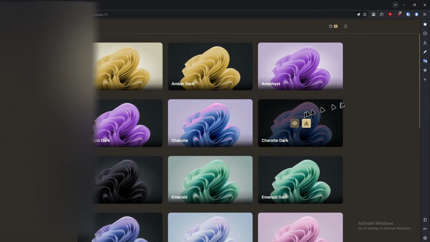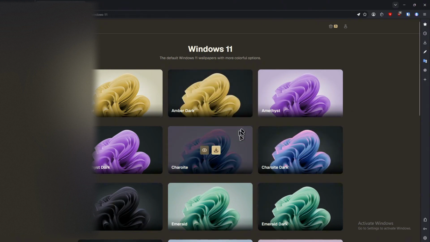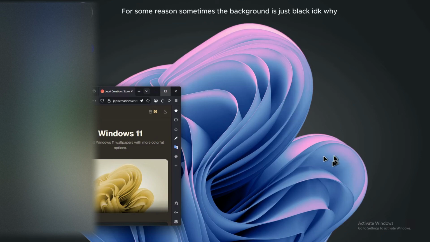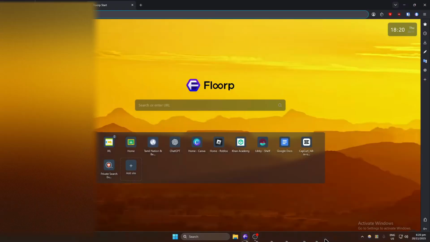If you're a light mode enthusiast, they also have light modes, but the charoite is okay light mode. I just got the charoite, which is dark. It looks very nice. And okay, back to putting a background picture without having activated Windows, instead of